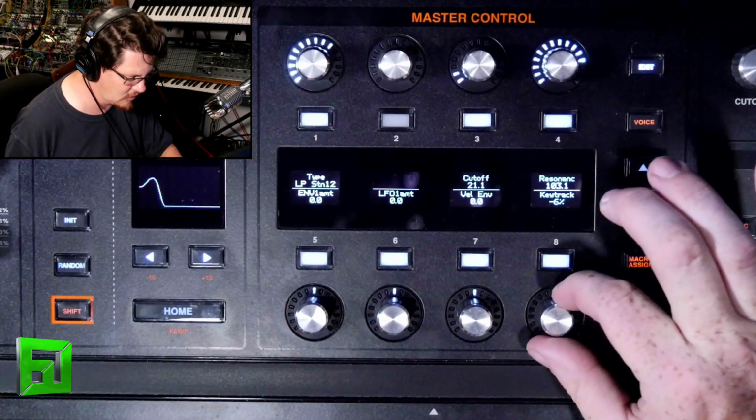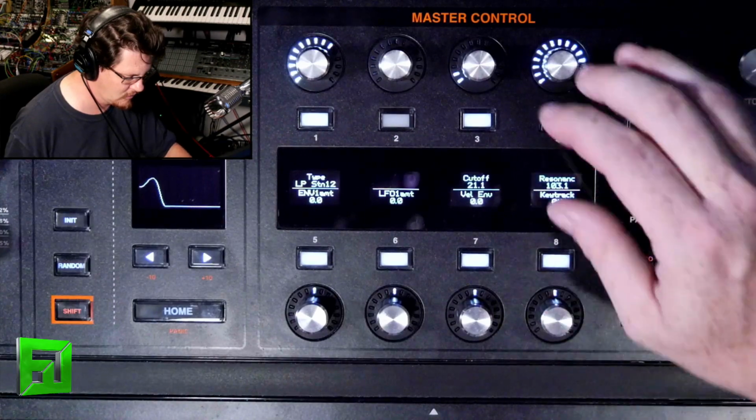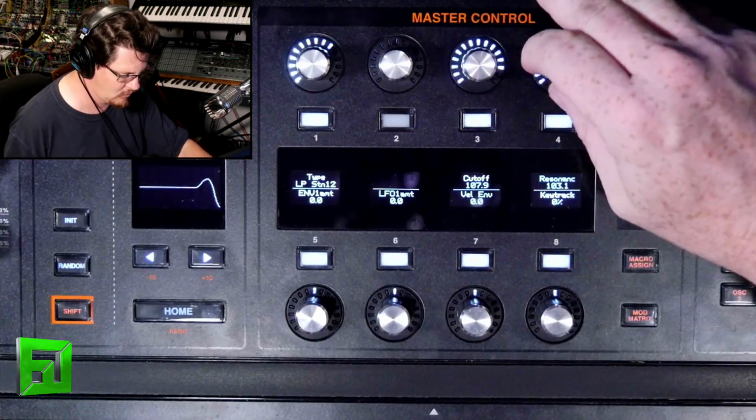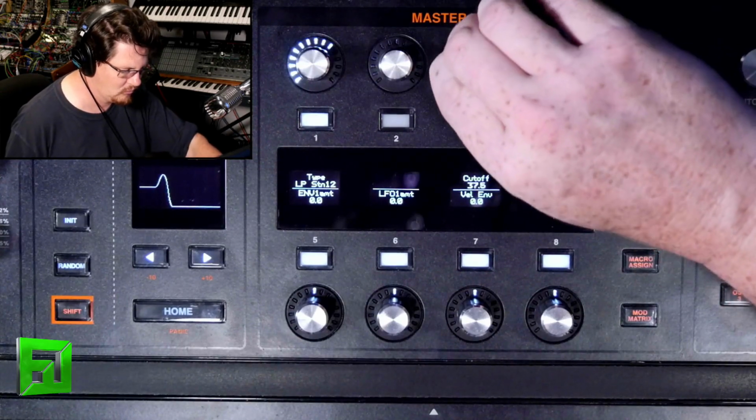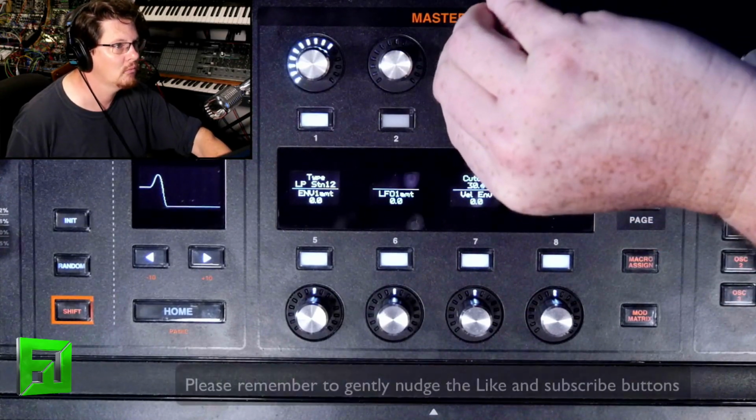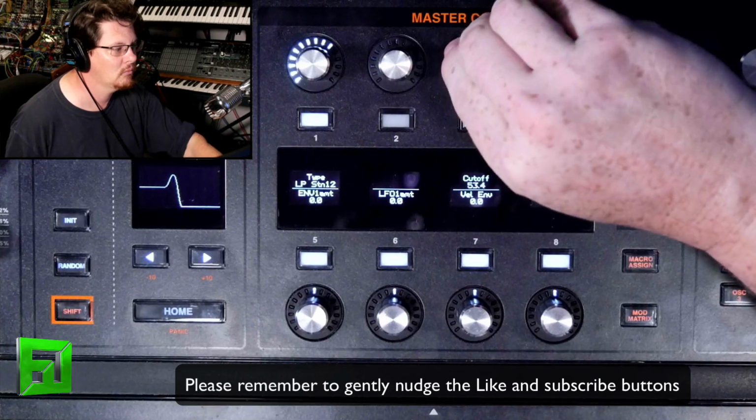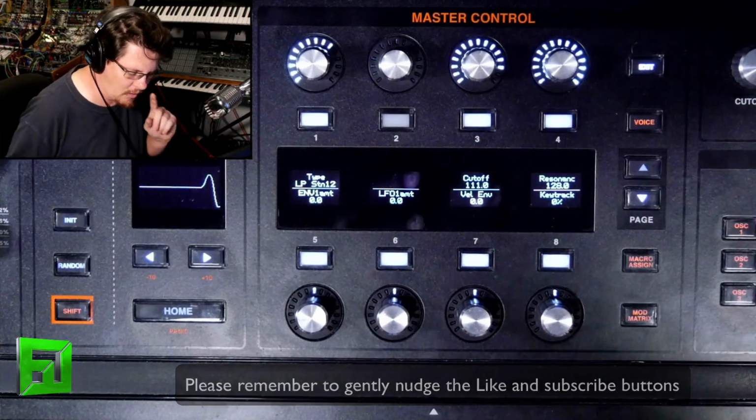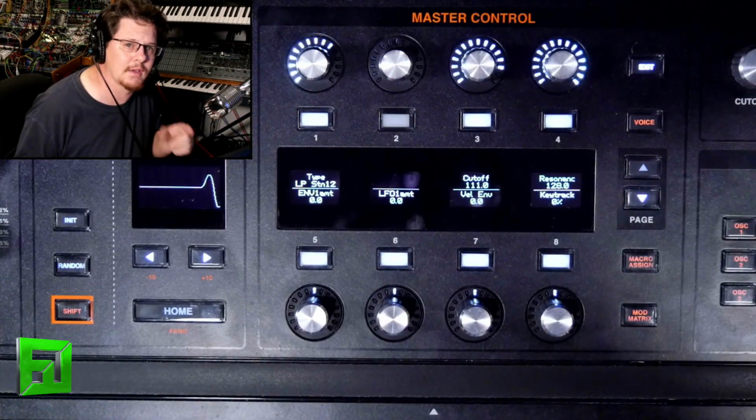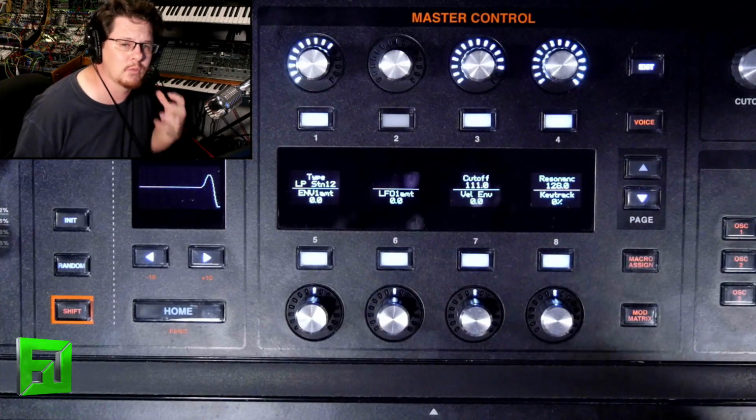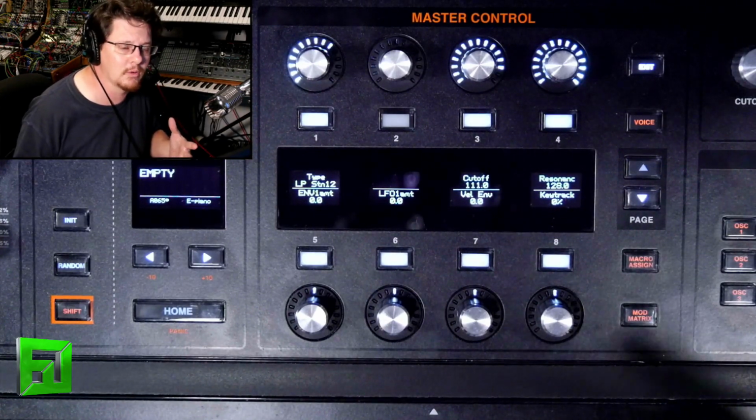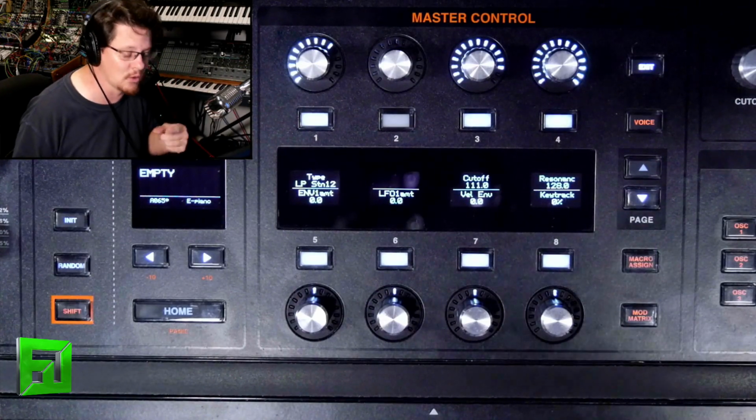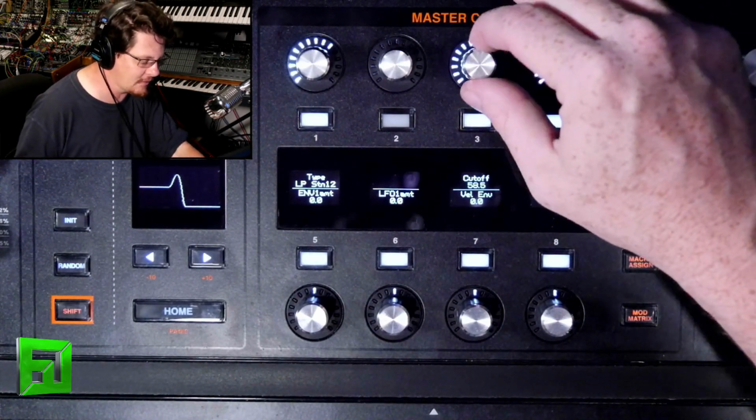Let's take that key tracking all the way down to 0 for now. Now, I know what you're thinking. You're thinking, Ken, you love filter sweeping. You do filter sweeping all the time. What's new about this? So let me show you. Some excellent